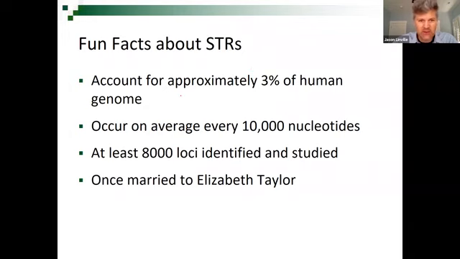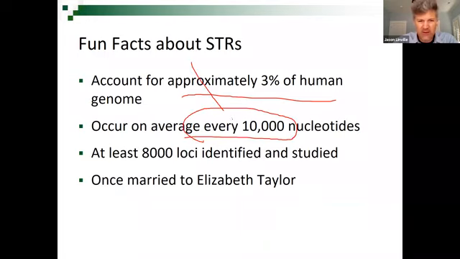I'm not going to ask you any questions about this, but it's just a reminder, 3% of the genome. And this gives you an idea of how often they occur. I don't really care about that. The one number, and the reason why I left this slide up, is to recognize that there were about 8,000 STR loci. So when forensic scientists look at 13 loci, recognize that there were like 8,000 that forensic scientists could pick from. And the FBI was actually the group that organized and said to every state in the United States in the mid-90s, when STR analysis was obviously going to become a major part of crime labs,